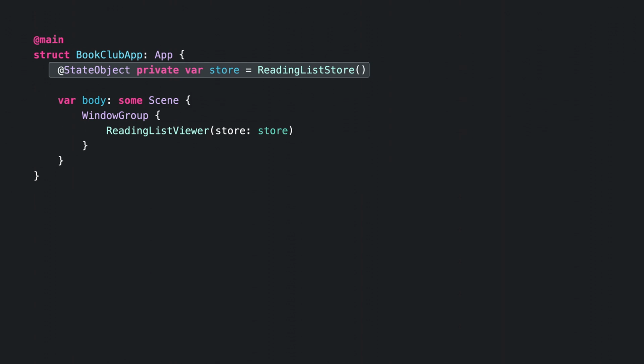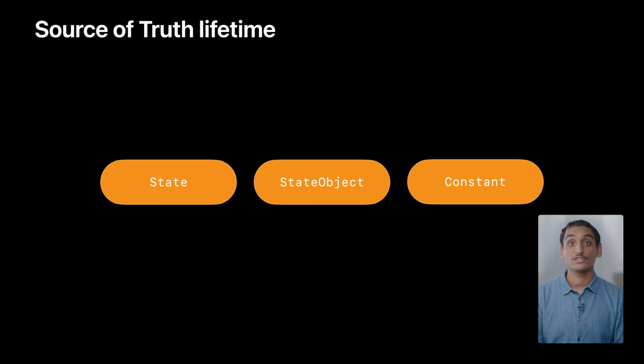Whenever the model changes, all of our app scenes, and consequently all of their views, will update. And by writing this, we've created an app-wide source of truth. When considering where to put your source of truth, you might want to put it in the app if it represents truly global data.